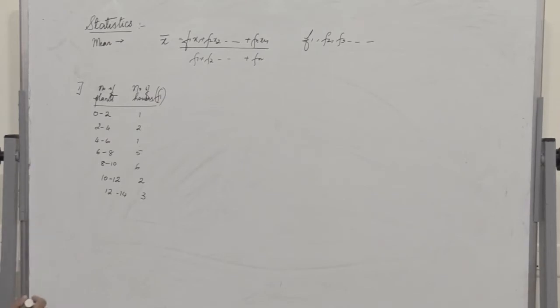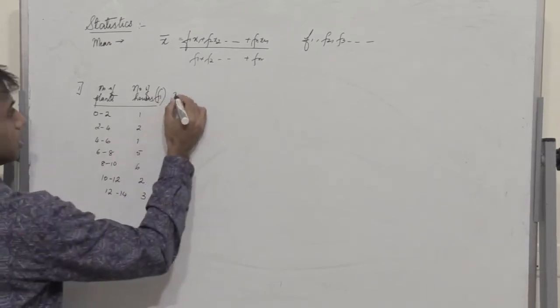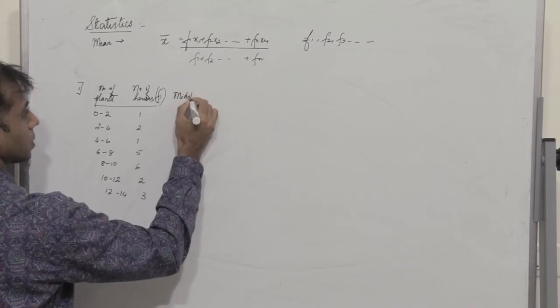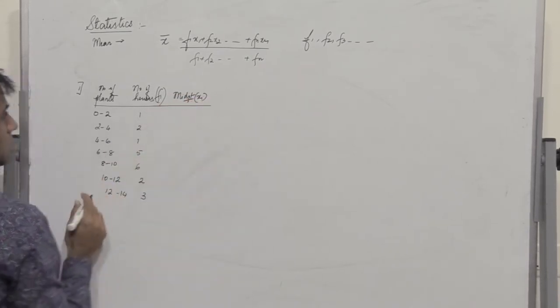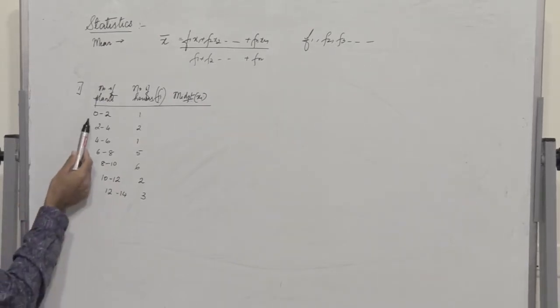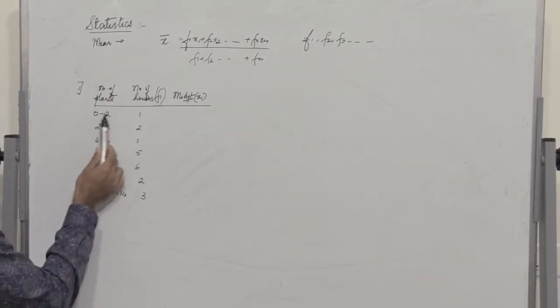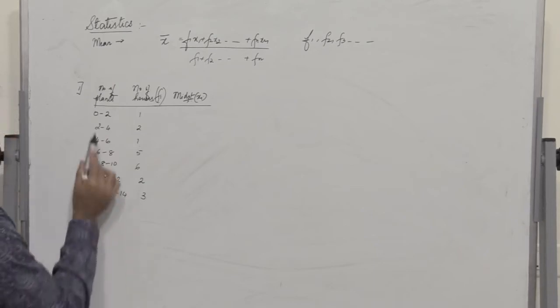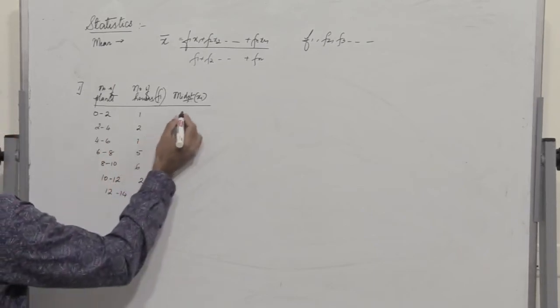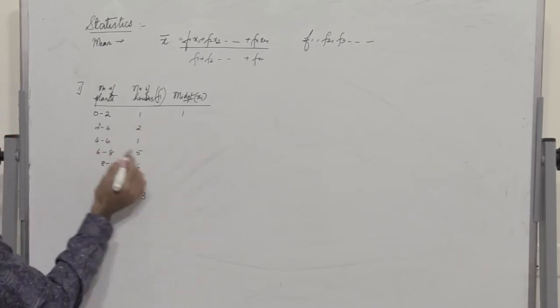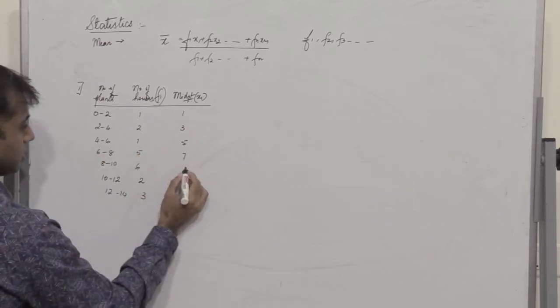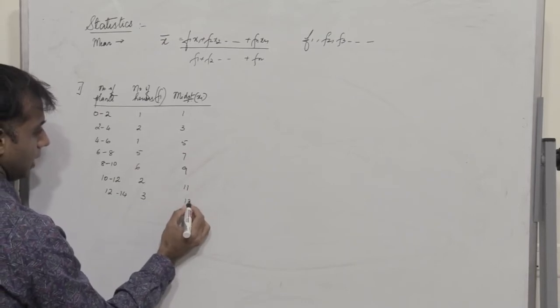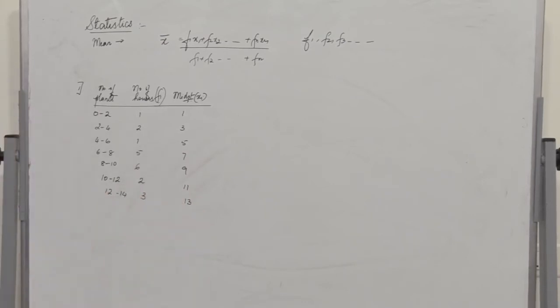Now to find the mean, we need to find the midpoint xi. So there is a variation, isn't it? So we find the midpoint of the variation. 0 to 2, the midpoint is 1. And then 2 to 4, the midpoint is 3. And then 5, 7, 9, 11 and 13. So we find the midpoints here,